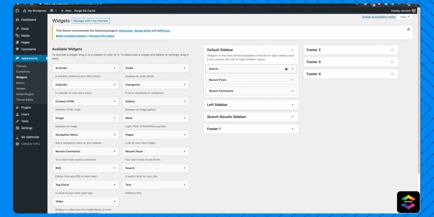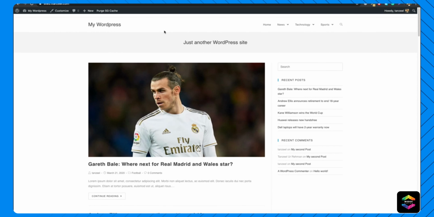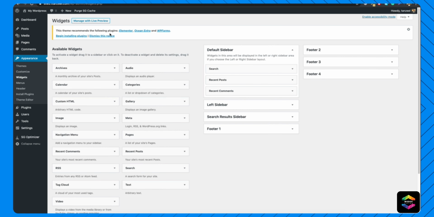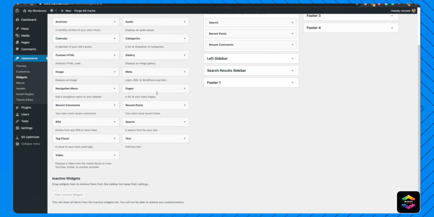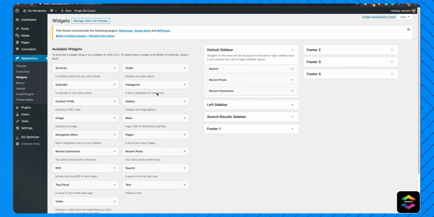Now you can see we've got Search, Recent Posts, and Recent Comments. You can see that the recent comments were made by Tanzil on my second post, Tanzil Rahman on the second post, and Tanzil and a WordPress commenter on the Hello World post that we know about. So now you can see that there are a lot of things that you can add to your website,